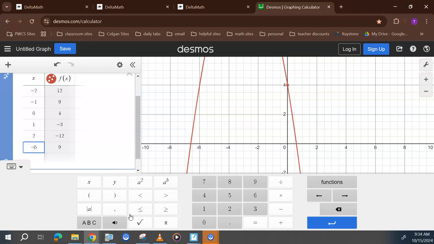Right now, if you have not done the parallel and perpendicular lines Delta Math that is due on Friday, you can be working on that. The function notation Delta Math on what we just did is also due on Friday, so you can be working on that. If you need to finish your tests, you can do that. If you want to do retake work, finish one of the Delta Maths first. And let me know if